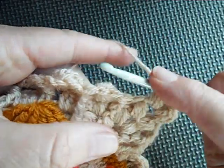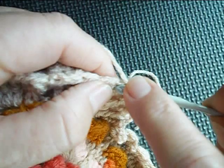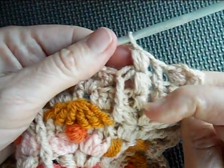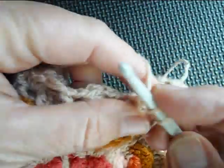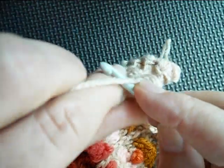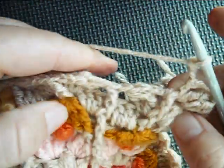Now we're going to skip that puff, then we're going to work double crochet over the double crochet. We're going to work yarn over times 4, puff into the top of the previous puff, like that. Then we're going to work a double crochet front post over our double treble front post. Going to yarn over twice, and we're going to do exactly what we did before. We're going to work 3 trebles together, chain 1 to close, chain 2, 1 double crochet front post over our double crochet front post, chain 2, yarn